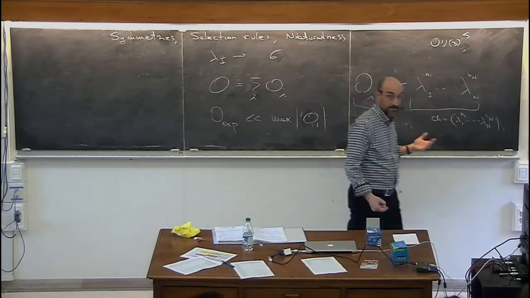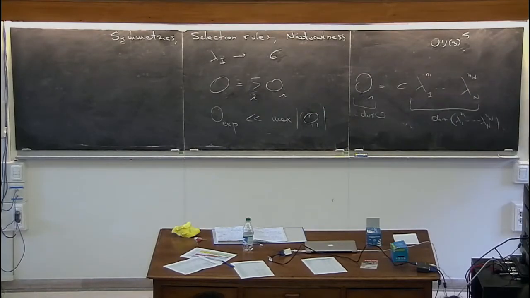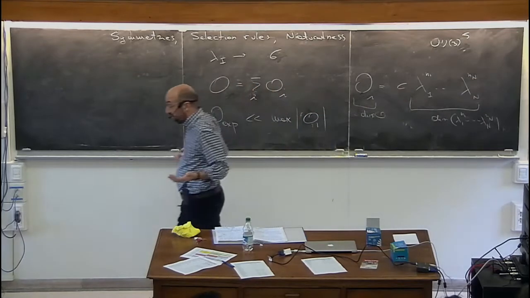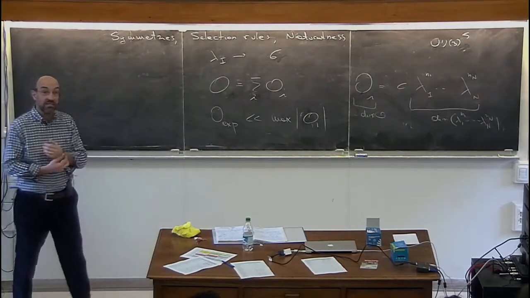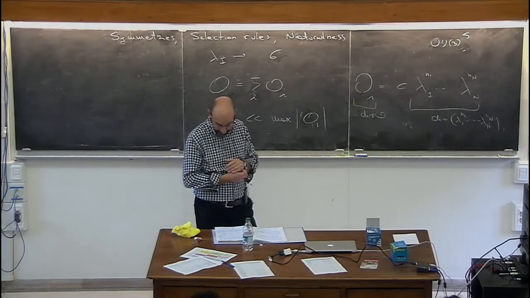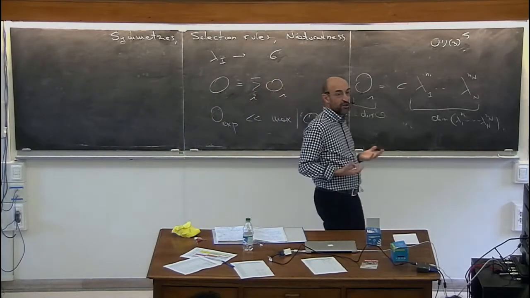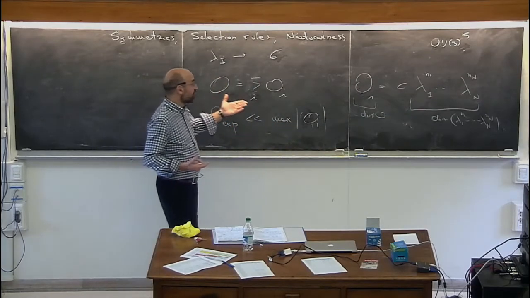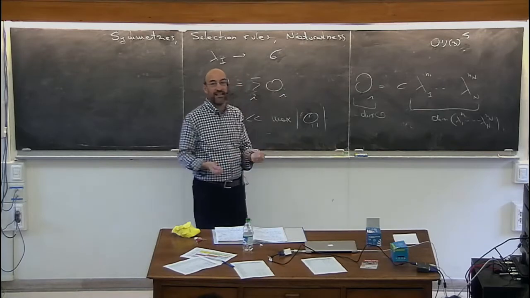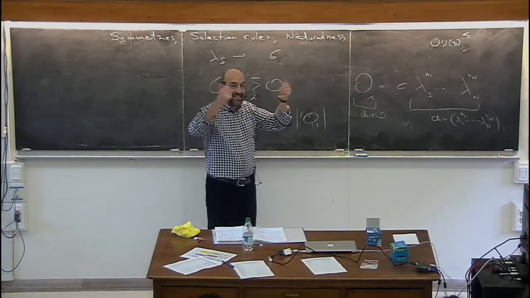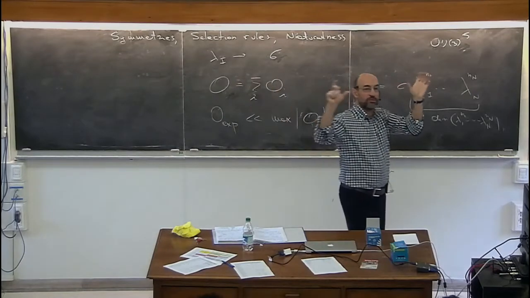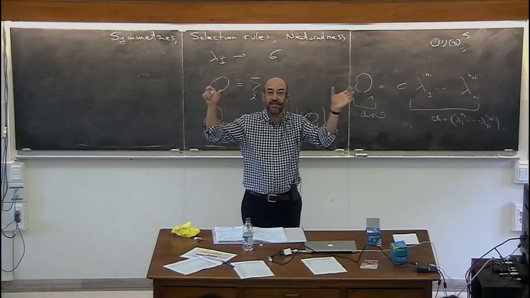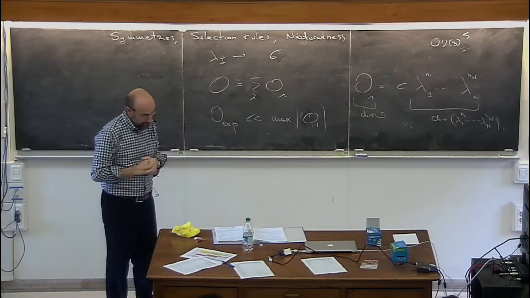Okay, this can happen. This is a logical possibility, and when this happens, we say there's nothing wrong with this, but we just say that this situation is unnatural. It's not typical. So unnaturalness is, if you want, a failure of selection rules. Selection rules here fail to give you the offhand estimate of the result, because there's a detailed cancellation between two contributions which are in principle unrelated and transform in the same way, but depend on different couplings. So we would call this an unnatural situation.